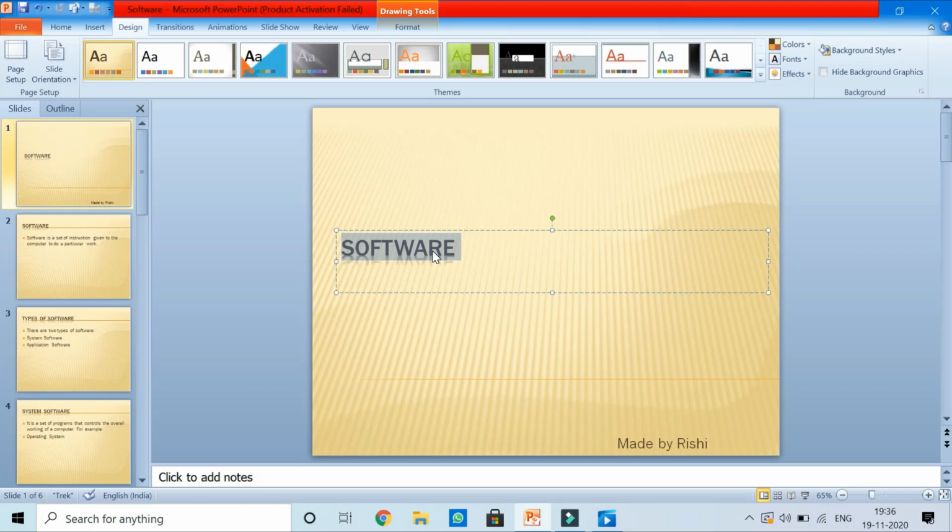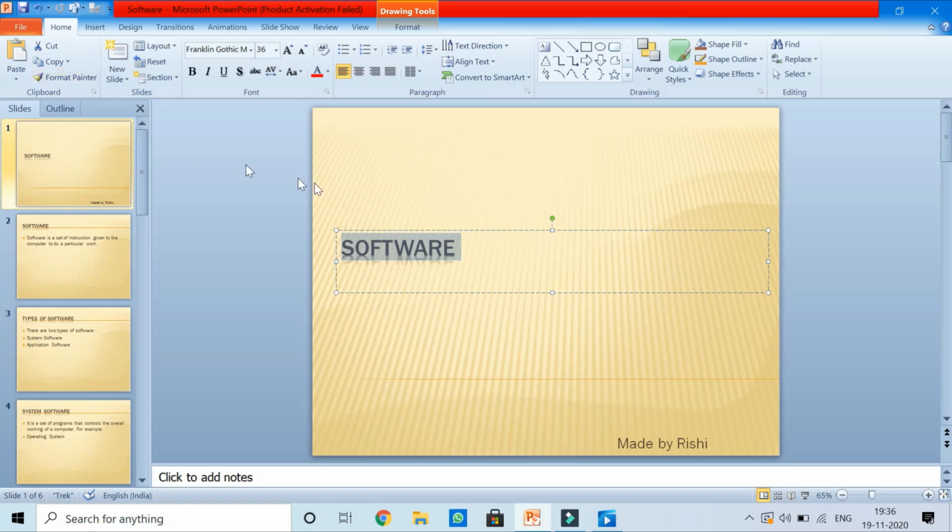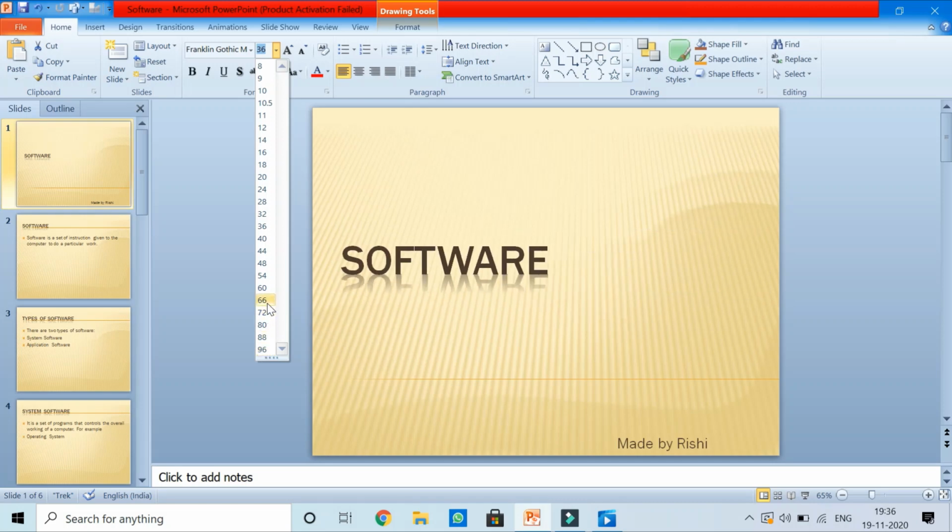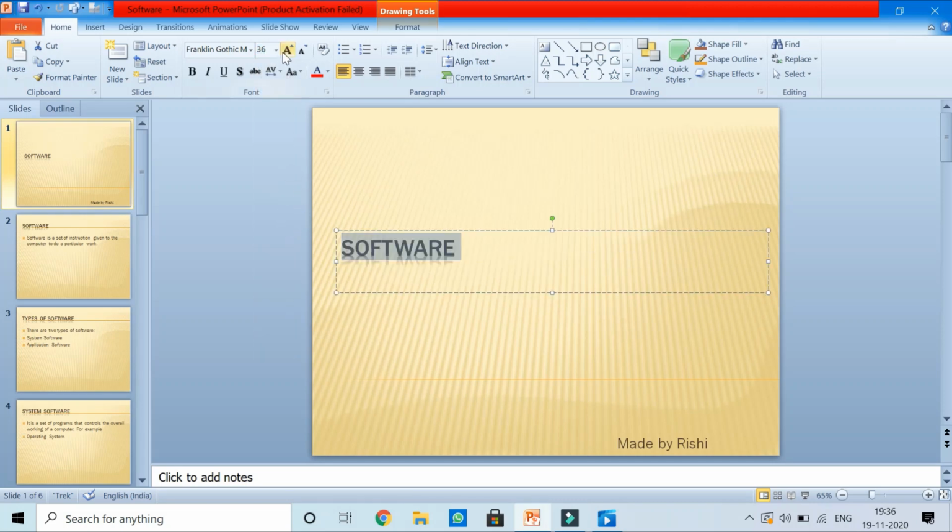So let us see how we enhance the look of this. I'll go to the Home tab, and first thing I want is that my text should become a little bigger. You know how to increase the text size: go to the font size button, click the drop down menu and choose any number you require. There is another method also: two tools, Increase Font Size and Decrease Font Size.